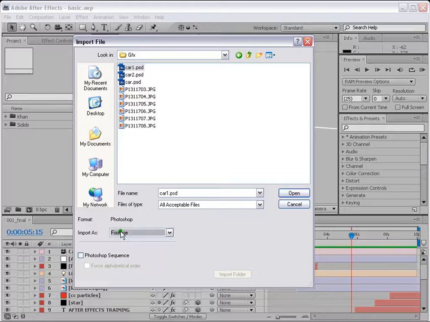So we are not importing one footage. So what we're doing is we are just importing the whole project. So we go to import as composition dash crop layers. We use crop layers because it will bring the whole thing as it is, and the anchor points are easier in this one to animate. So let's select this one and then just open,